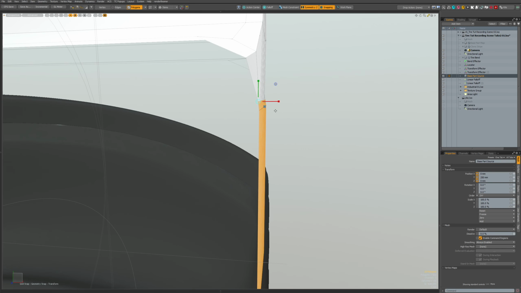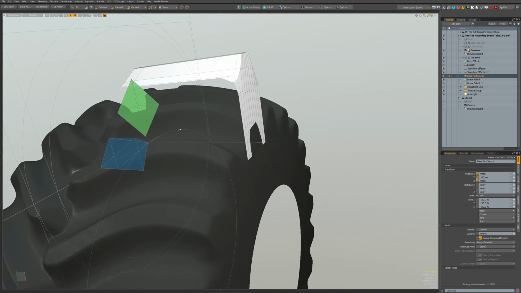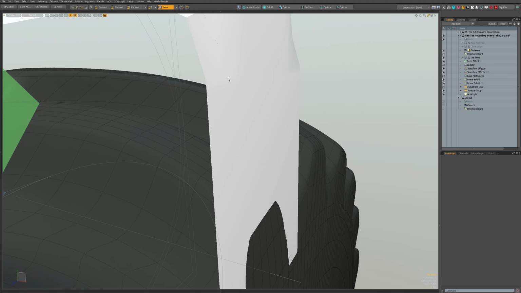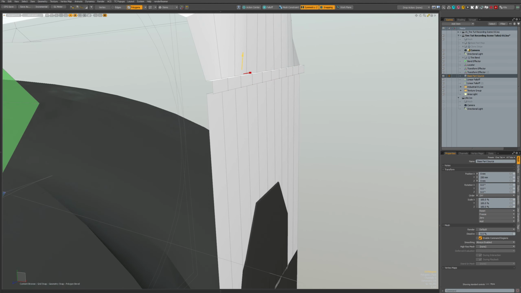Let's flatten it up. Now it looks nicer in my opinion. Yeah, I like this kind of little detail here.